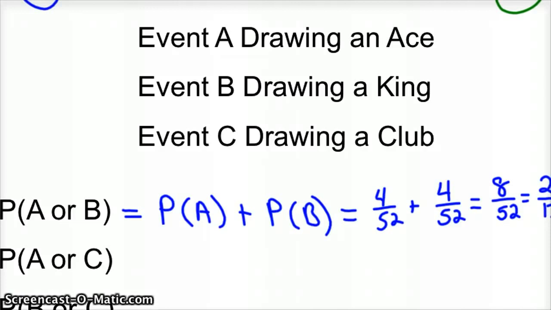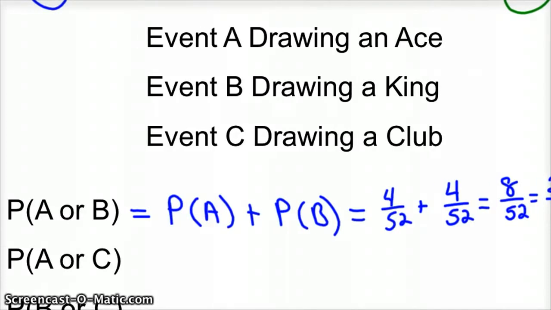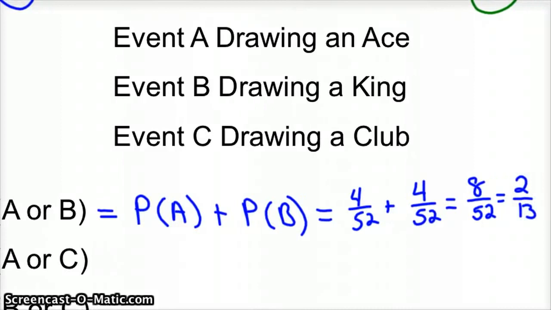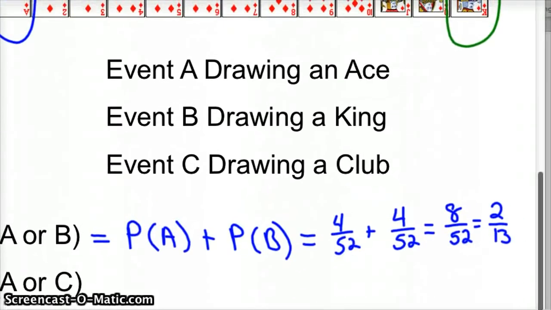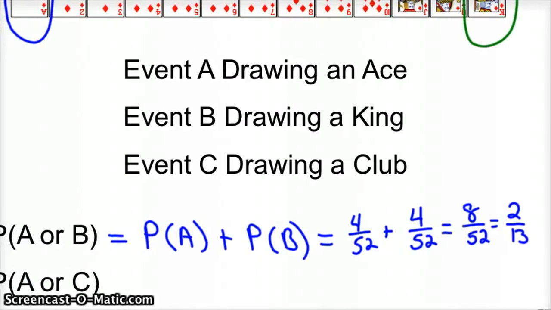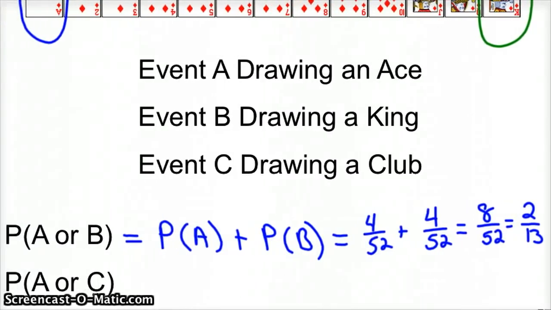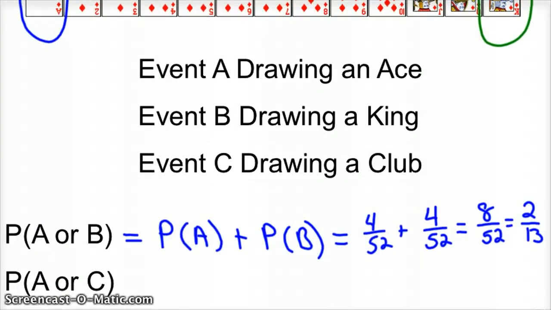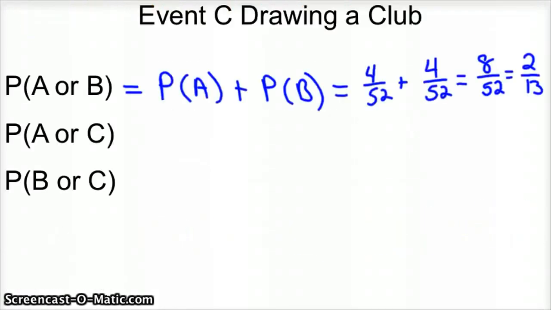So 2 out of 13 is the probability of drawing an ace or a king. Now let's look at the situations where they're not mutually exclusive, because they're a little more interesting to me mathematically. I'm going to shrink this a little bit, I'm running out of room. Okay. So the probability of A or C. If you remember, A was drawing an ace, C was drawing a club. So in this case, the probability of drawing an ace